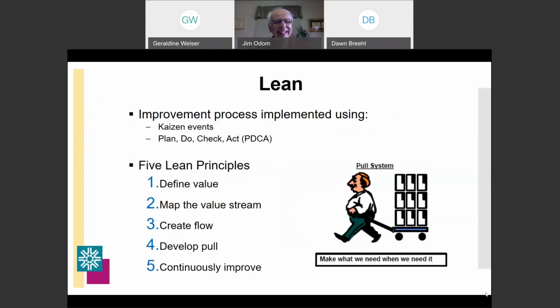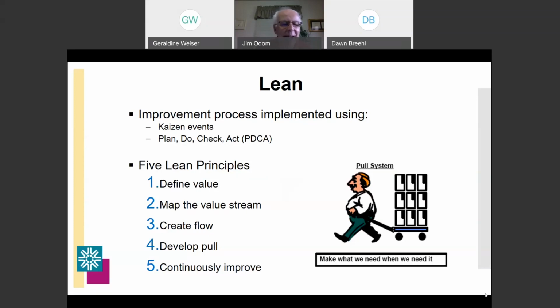All right, in the lean process, we use two different improvement processes. One is called a Kaizen event, and a Kaizen event is looking at small improvements that you can make to add more value to your process or your product or service. Kaizen means quick change. So we're not looking for huge improvements. We're looking for those small bunts, singles that you can make on a daily basis. We're not looking for home runs.